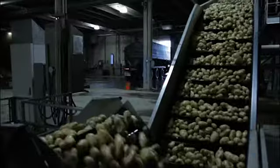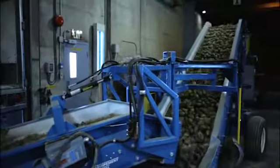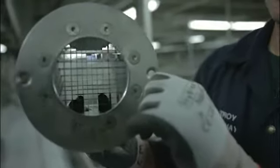Sure thing, Scott. The process of making a Mac fry is relatively simple. We receive our potatoes on a daily basis from approximately 30 growers from a local region. Once the potatoes are received, they're then washed to remove the dirt and the rocks in the potatoes, and then we push them through our peeling system to remove the peel. Once the potatoes are peeled, they are then pushed through our cutting system where we cut the 9/32 cut for